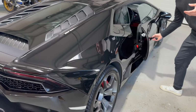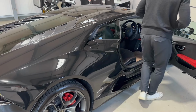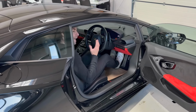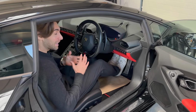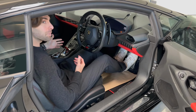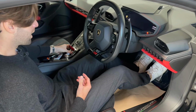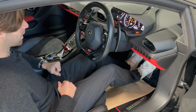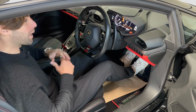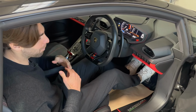I'm going to jump in. I'm going to run you through some of the amazing features inside this particular vehicle. And of course, that engine has to come to life because for me, it's the heart, it's the soul, it's what makes it a Lamborghini. So lift up this fighter pilot style switch down here, cherry red finish, foot on the brake, and a noise like no other. It will obviously get quieter, it's a valved exhaust, so it will get quieter when the engine warms up, but